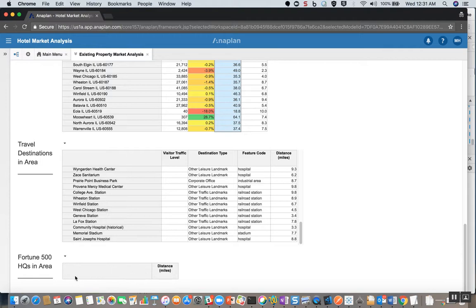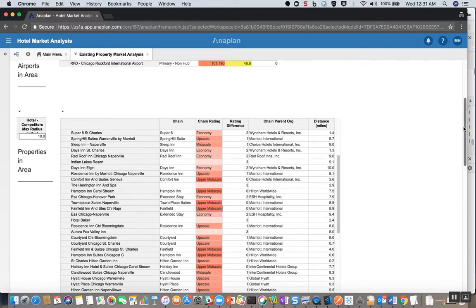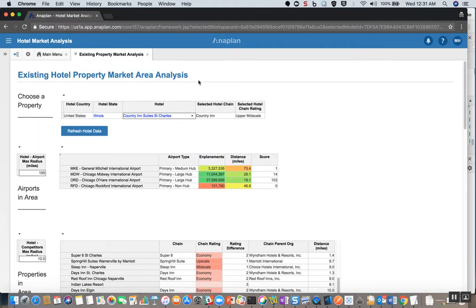I'm surprised that Abbott isn't on this list. I would expect Abbott to be within 10 miles of St. Charles, Illinois, but I may not be right there. In any case,